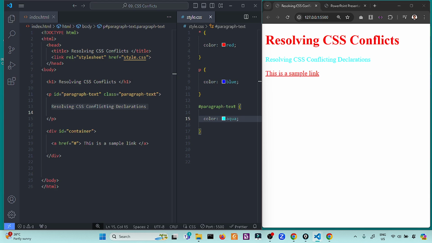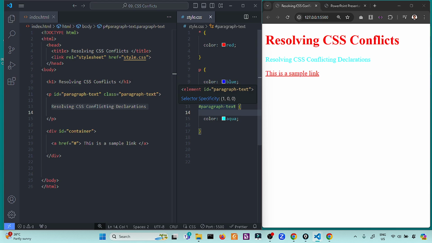It makes it very specific. So the color blue is overridden, including the color red, because ID is more specific. Here, the paragraph with the ID paragraph text will be colored aqua, overriding both the universal and element selectors.